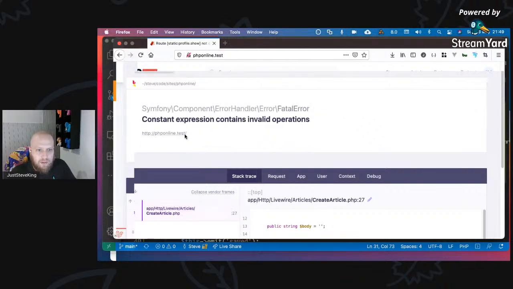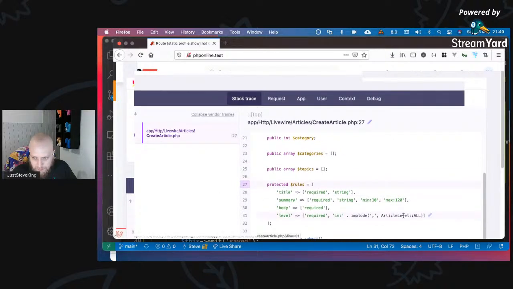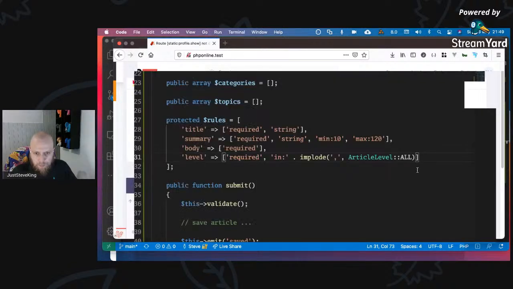Let's just go back. Constant expression contains invalid operations. It's complaining about something to do with this, and I'm not sure what. I don't know whether I might have to build a custom rule for that one. So that's probably what I'll do for now. I'll create a custom rule